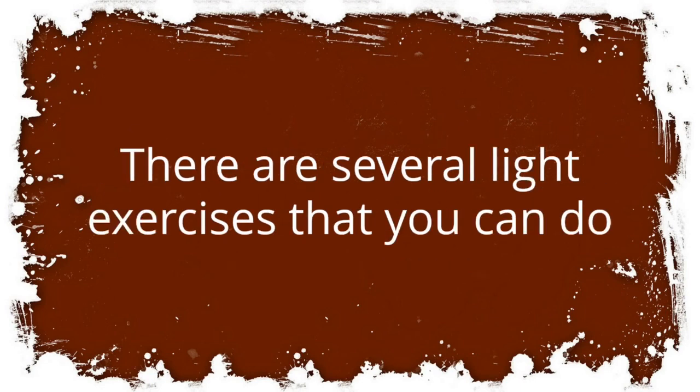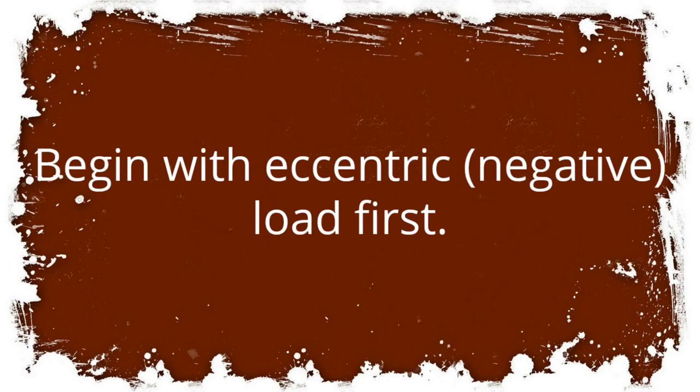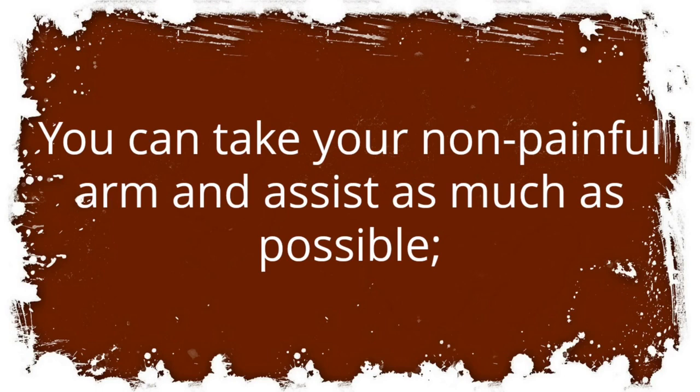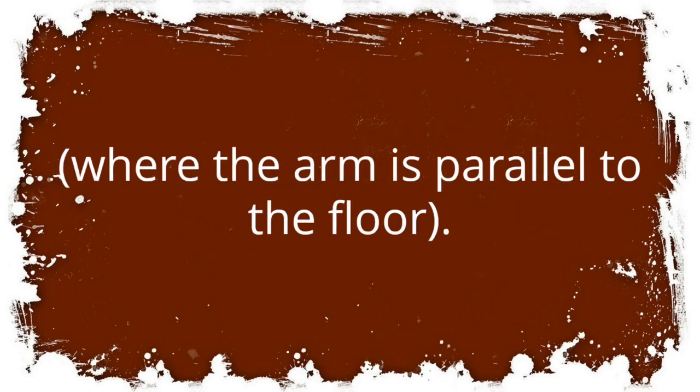There are several light exercises that you can do to strengthen your shoulder muscles and tendons. Begin with eccentric, negative, load first. You can take your non-painful arm and assist as much as possible. Only lift the painful arm to about 90 degrees with palm of hand facing upward, where the arm is parallel